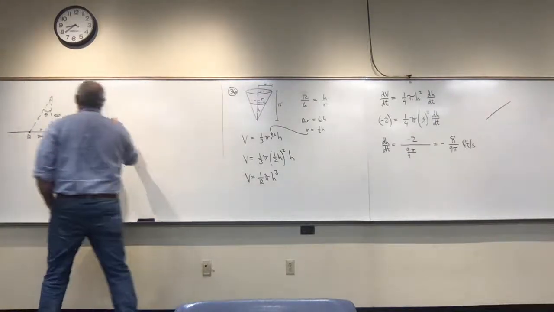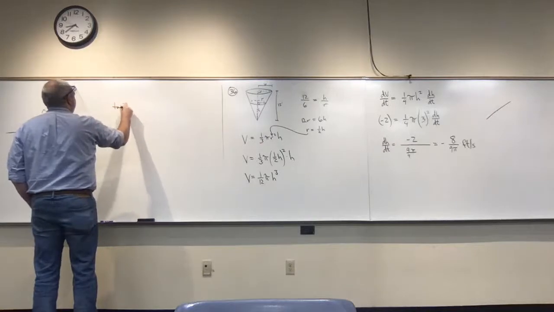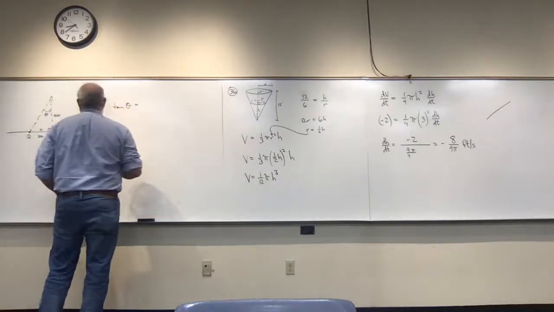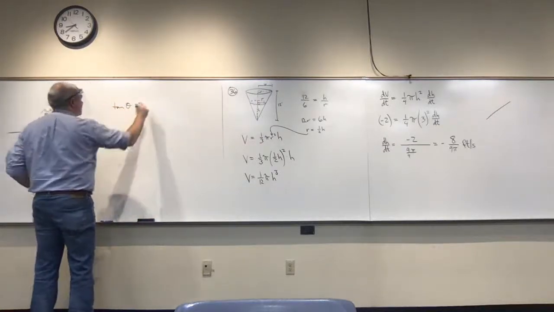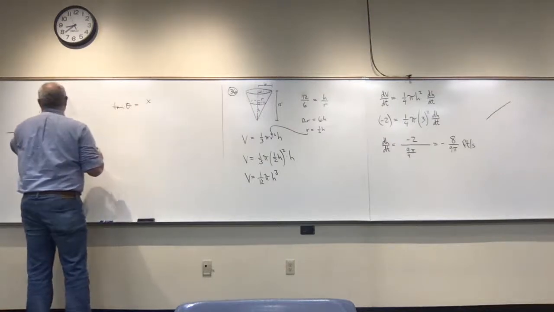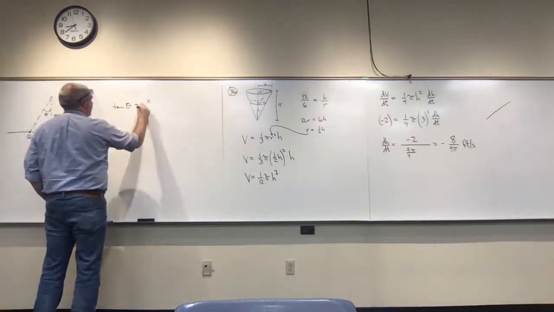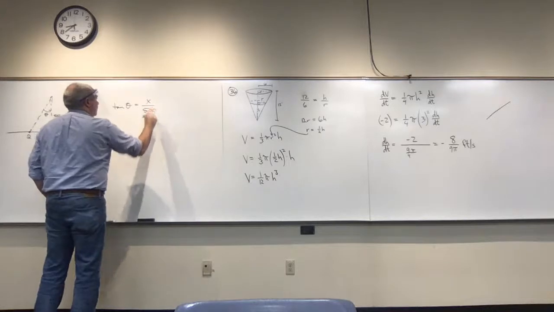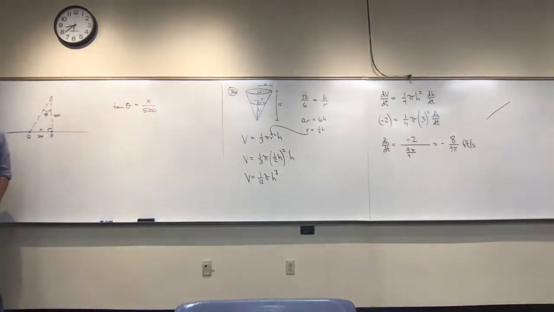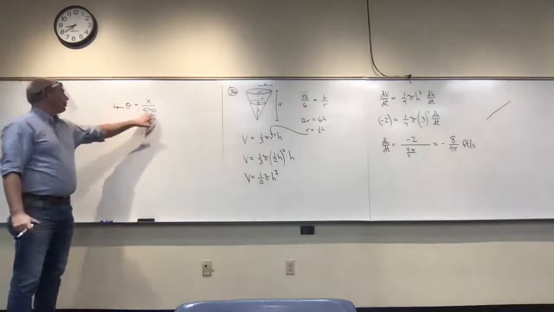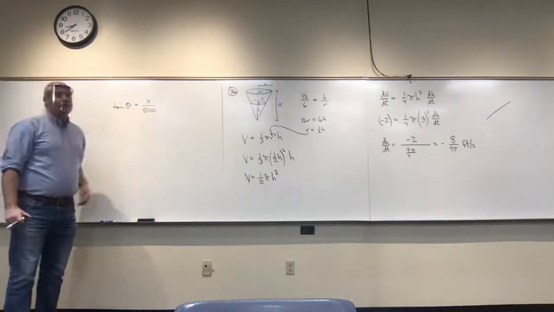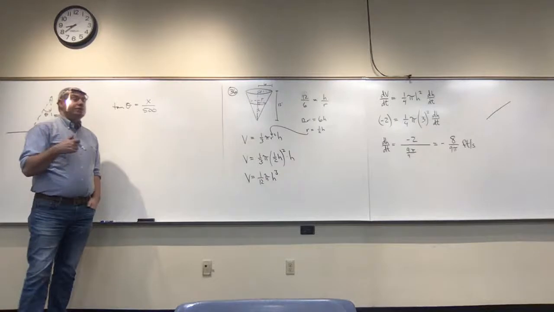So the tangent of theta is equal to the opposite side, which is X, over the adjacent side, which is 500. Now I could take the derivative of both sides of this equation using implicit differentiation